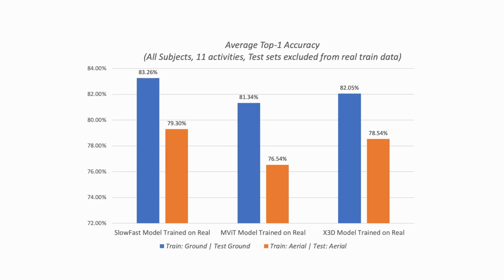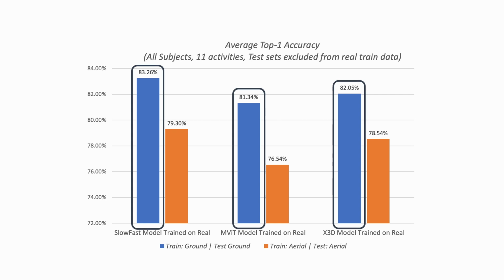Slow-fast had the best performance for both the ground-level data and the aerial dataset. Based on these results, we only used slow-fast to evaluate the future experiments. They also show that the ground view data had better performance than the aerial data. This is likely due to the camera being static in the ground view data, which allows the actions to be